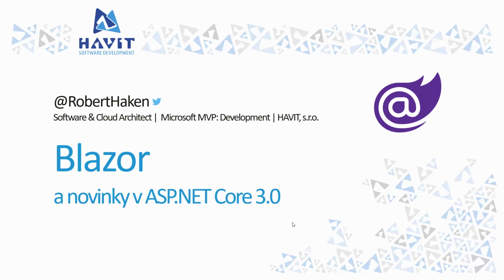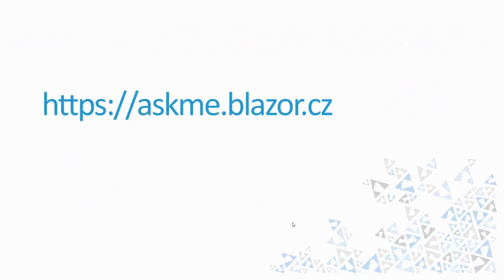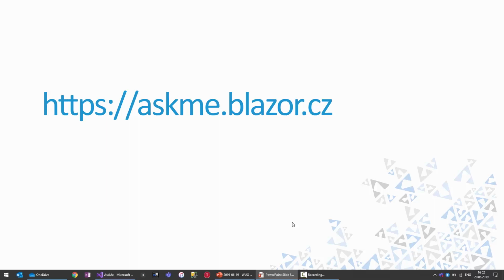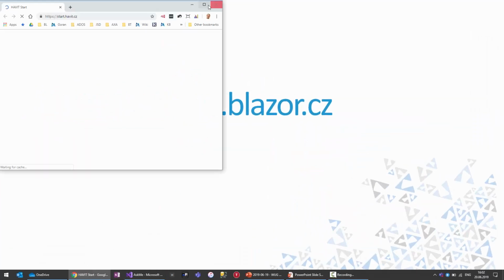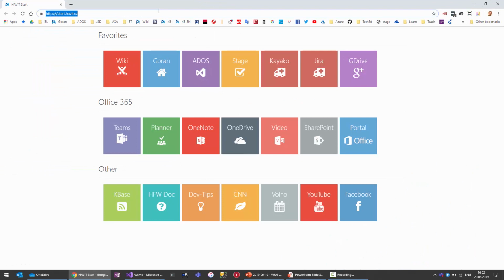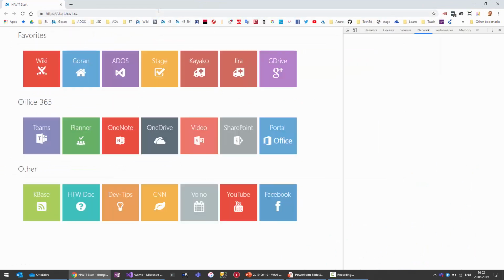Blazor. For those of you who never met Blazor and how it works, you can go to Ask Me Blazor CZ, where there is a test application. You can try that with your mobile phone or whatever. This is an application written in Blazor. If I just quickly show you what's happening there,